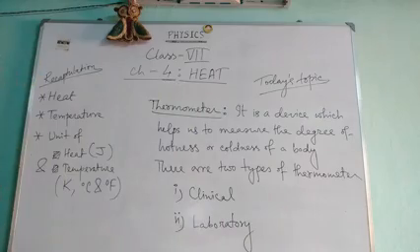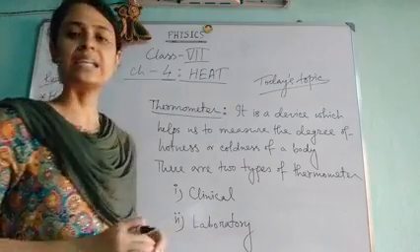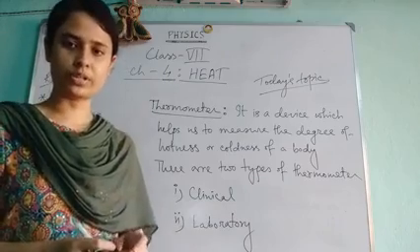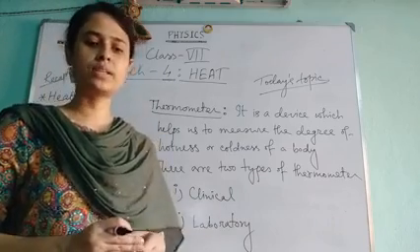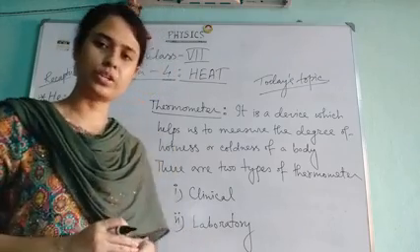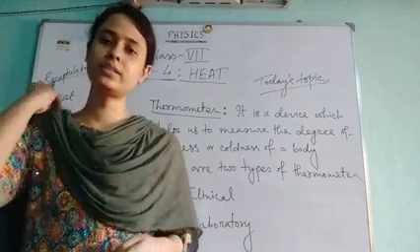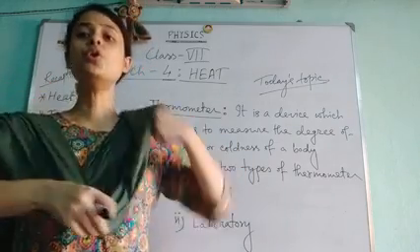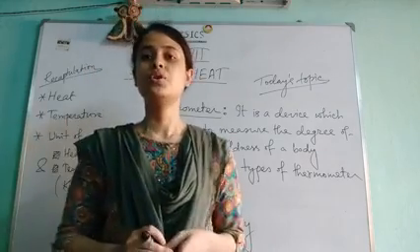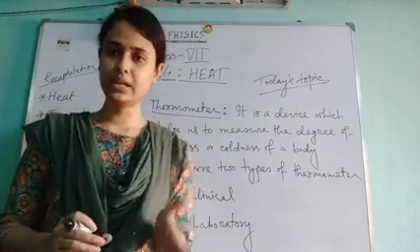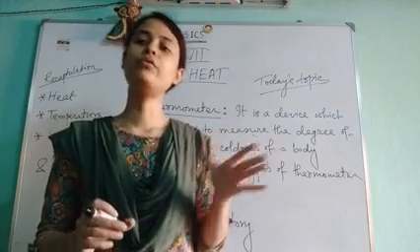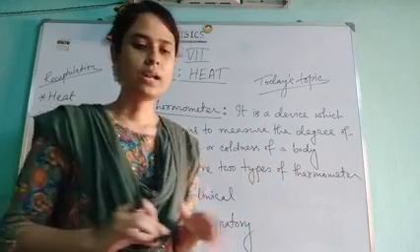So there are two types of thermometer. One is the clinical thermometer, another one is the laboratory thermometer. So now we will be discussing the definition of the clinical thermometer. Already I have told you that this is a thermometer which is used to measure the body temperature. Yes, so doctors use it in their clinic to measure the body temperature of humans. So let us write down